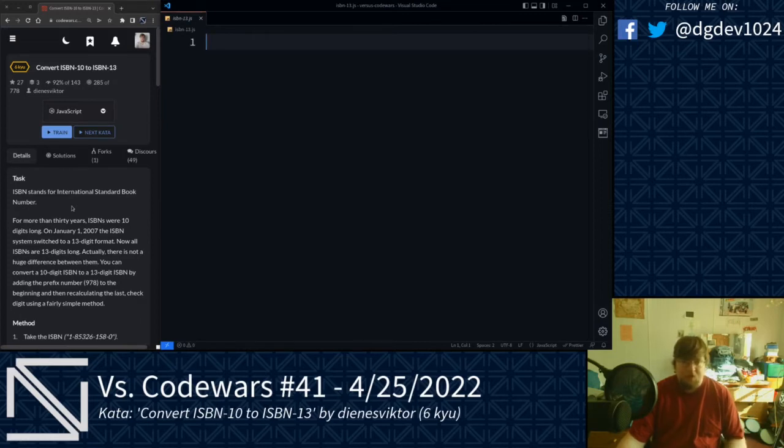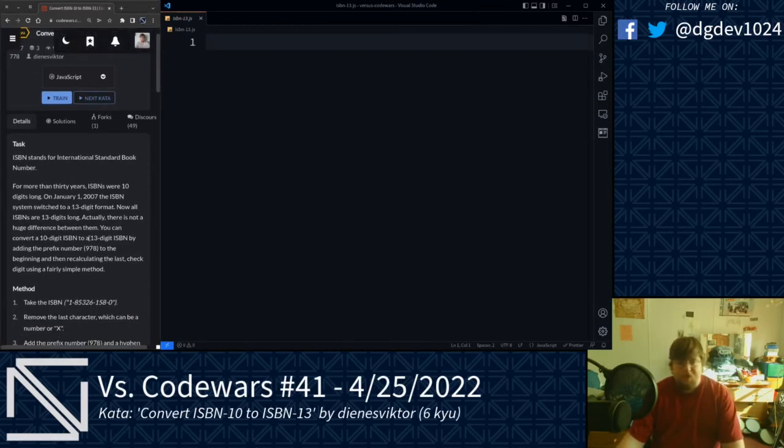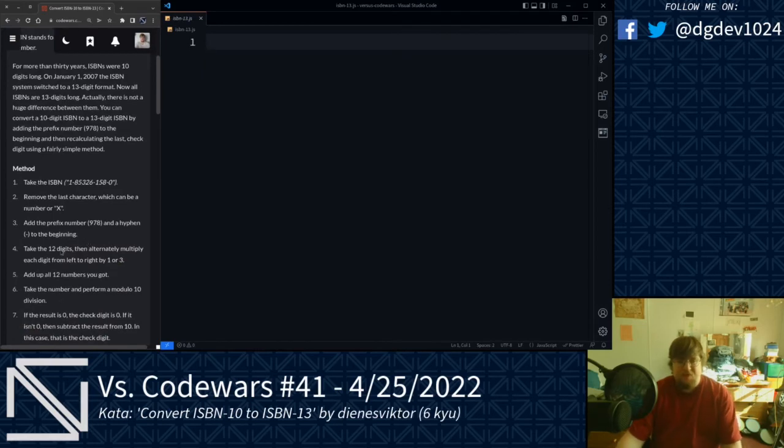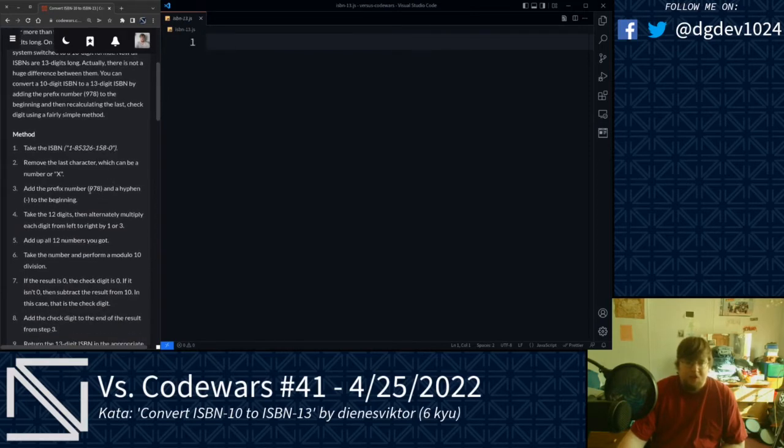Actually, that is not a huge difference between them. You can convert a 10-digit ISBN to a 13-digit by adding the prefix number 978 to the beginning and then recalculating the last check digit using a fairly simple method. First, we take the ISBN. We remove the last character, which can be a number or a capital X. We add the 978 prefix and a hyphen to the start. We take the